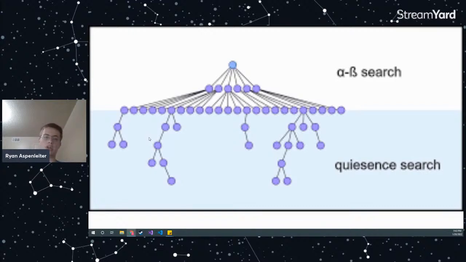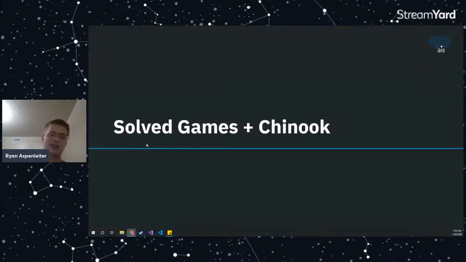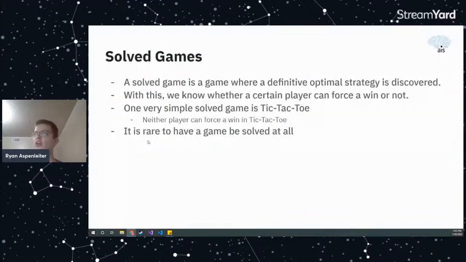Alrighty, so I will move on. There's not a whole lot more to talk about. So next we're going to talk about some solved games and a certain thing called Chinook. Now, we briefly touched on solved games before, but basically a solved game is a game where a definitive optimal strategy